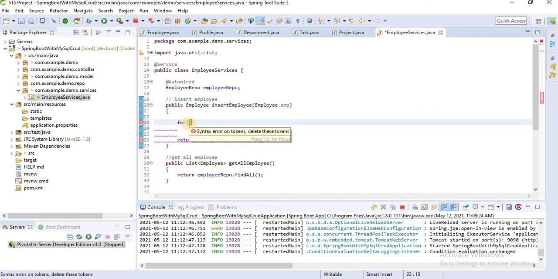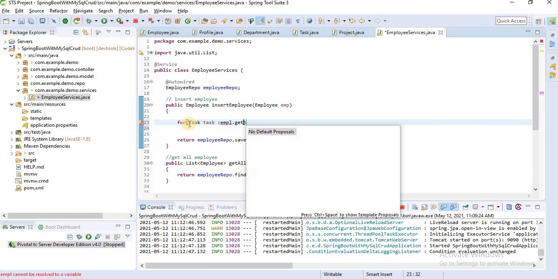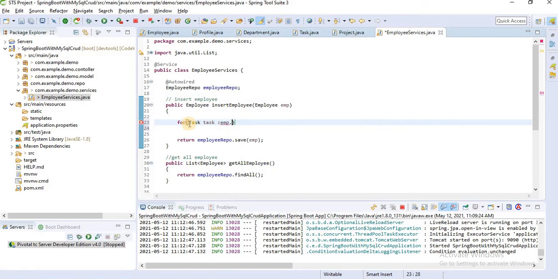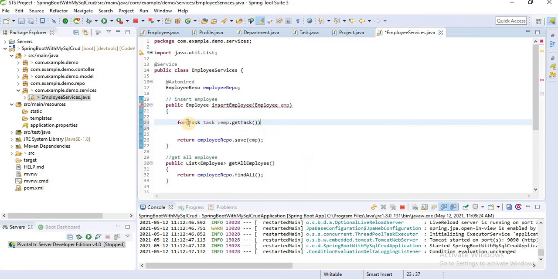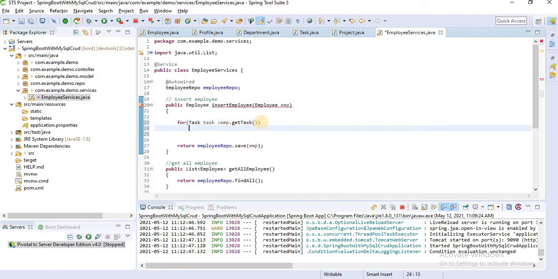For that I'll simply write Task task colon emp dot getTask. That means here we get all tasks and we will loop over those tasks here.